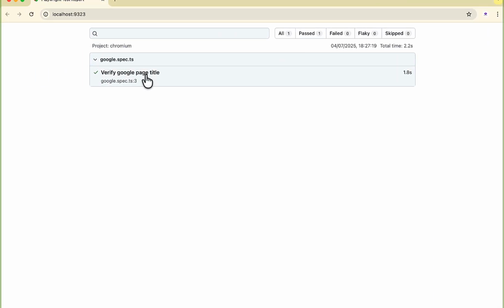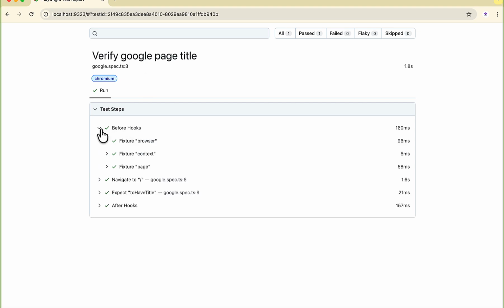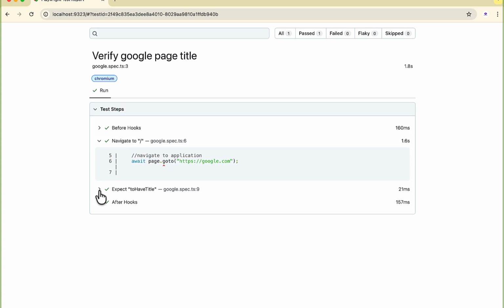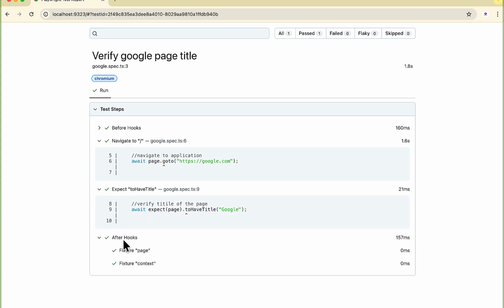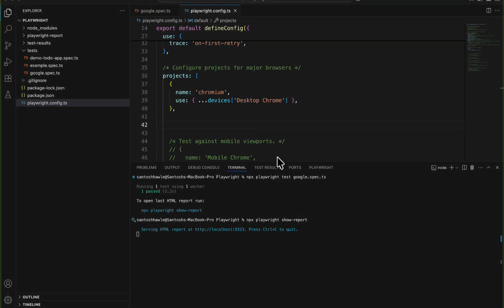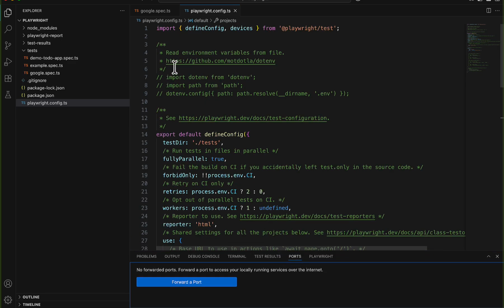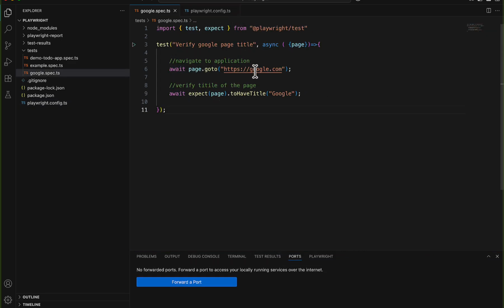If you see the Google title, it is showing all the before hook, navigation, then expect, and after hook, all the details. And Chromium means this ran in the Chrome browser. So I hope you understood how to run your test and write your first test case. Okay, let me